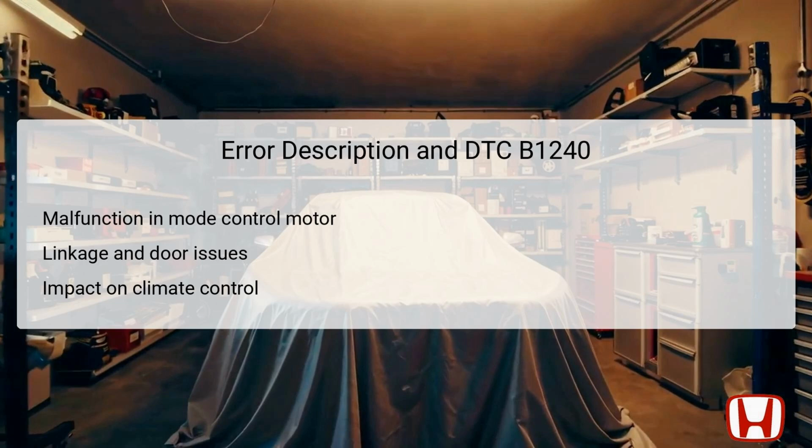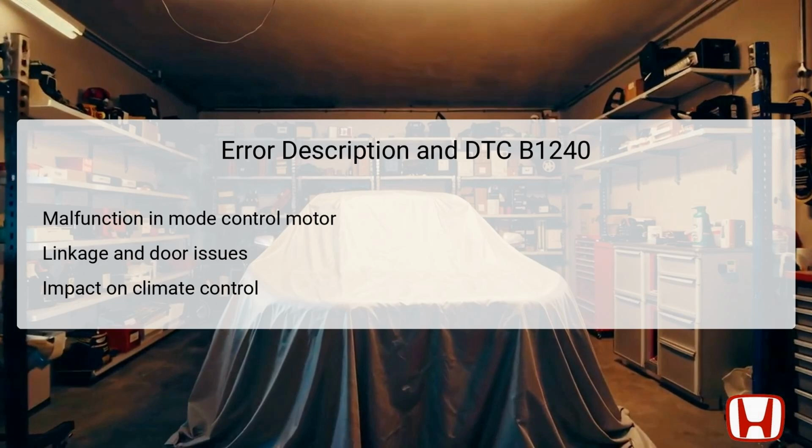The DTC B1240 signifies a malfunction related to the mode control motor circuit that controls the airflow within the climate control system of the Honda Accord. The mode control motor's primary role is to direct air through various vents based on the selected settings. It connects to control panel settings via linkage and doors to ensure that the correct airflow reaches different